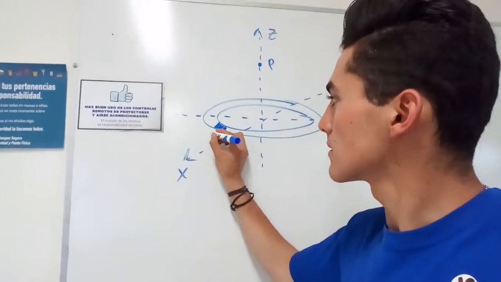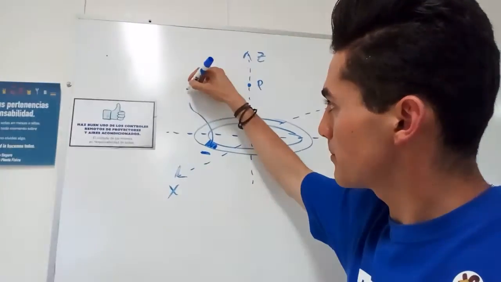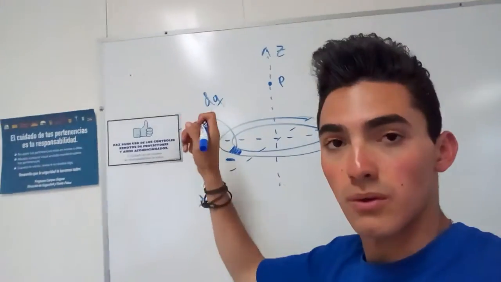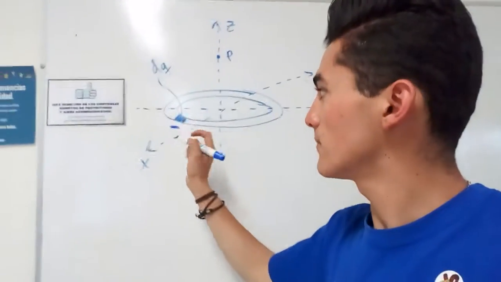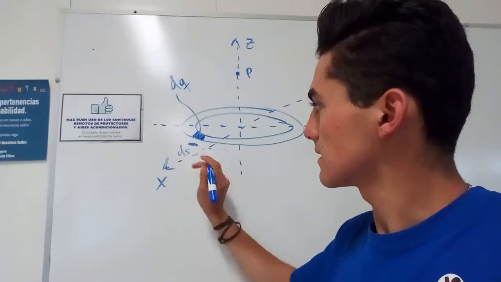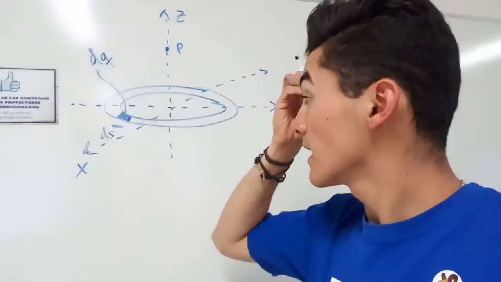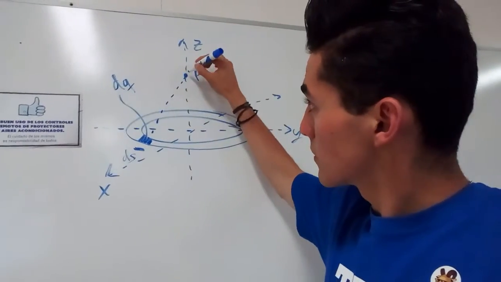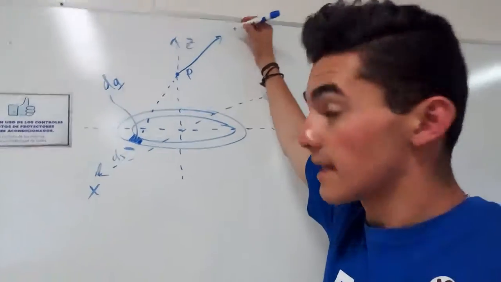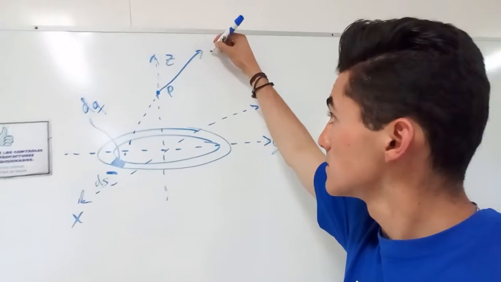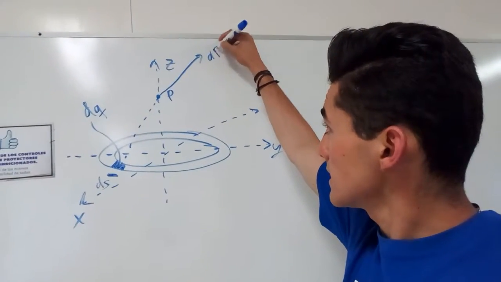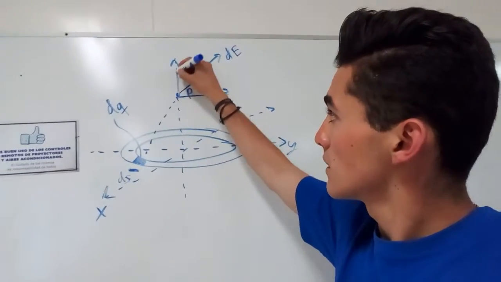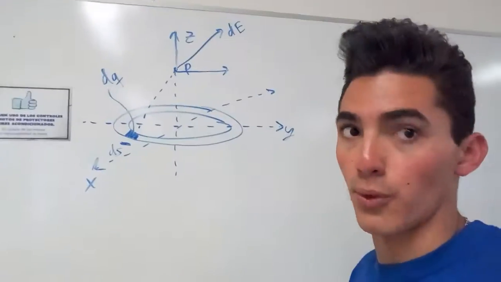So we take this small piece of the ring that we will call dq that has a length ds. This dq will create an electric field dE that we will decompose in components,